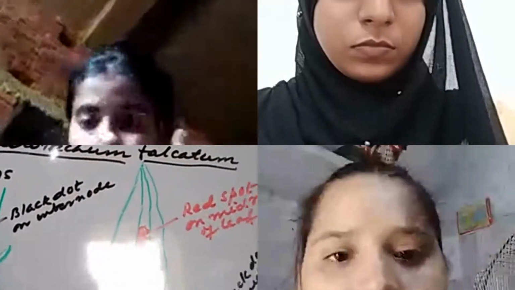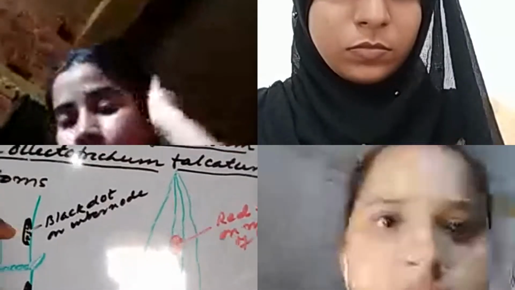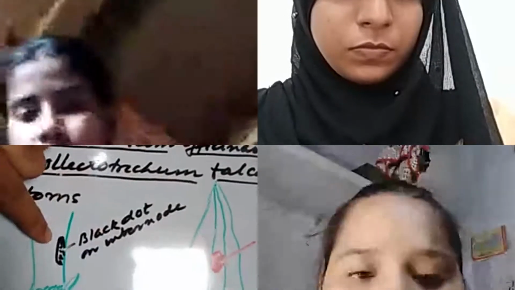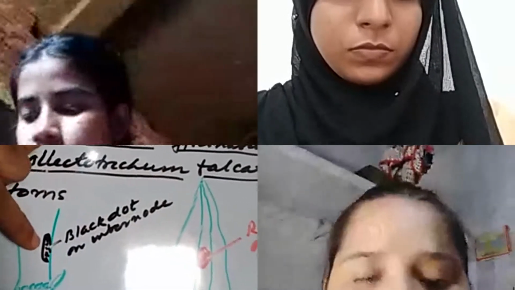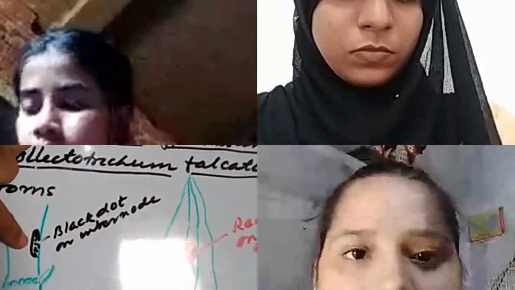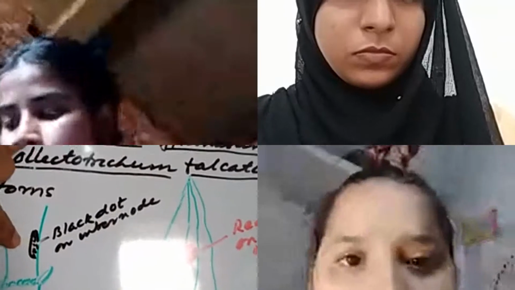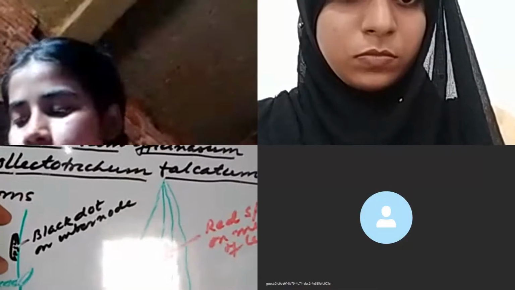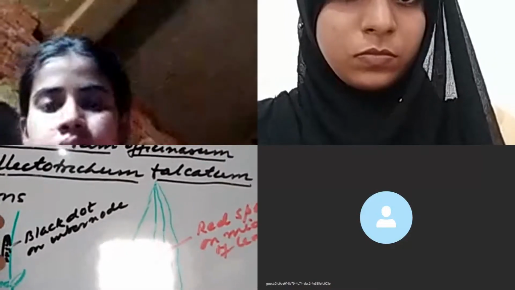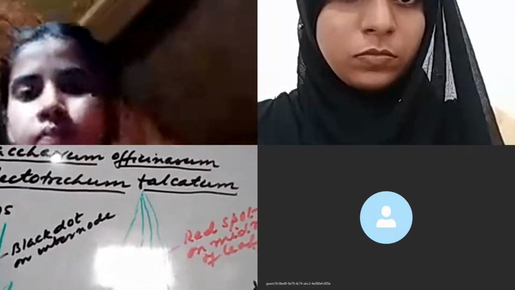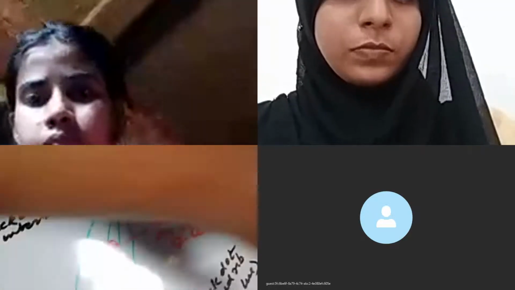This is the infected stem of this sugarcane. The infected stem of the sugarcane also has black dot like spots present on the internode of the stem, and these black dot like structures represent the spores of the fungus, and a number of conidiophores are present which cut off the conidia, and a group of such conidiophores constitute a structure, and that structure is called acervulus, which I have shown here.